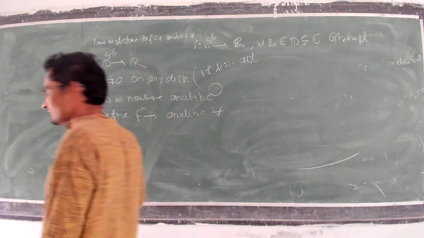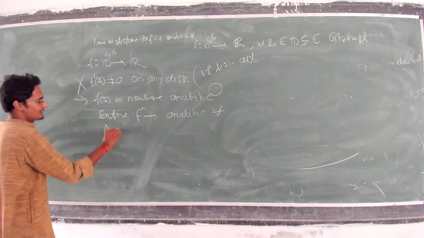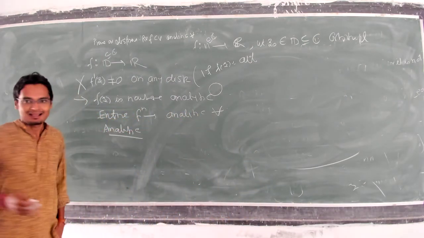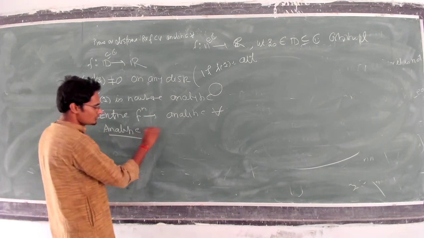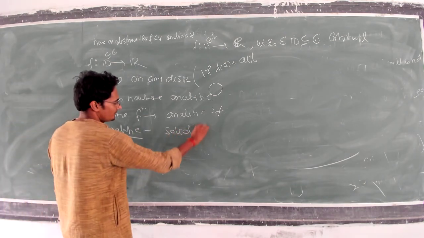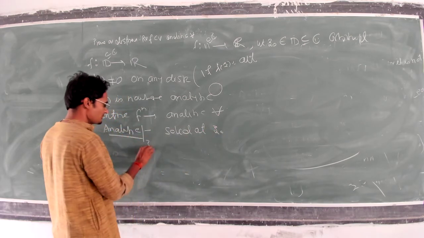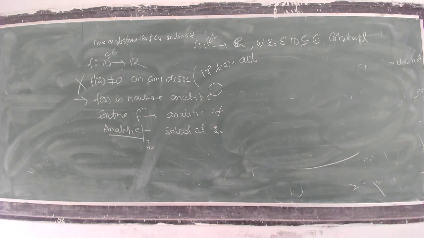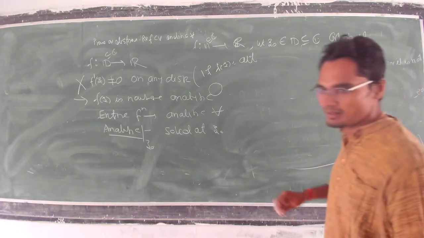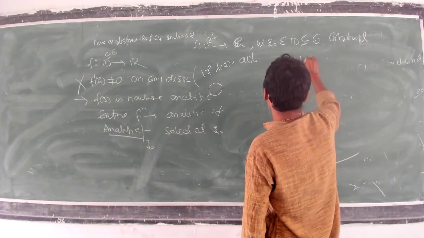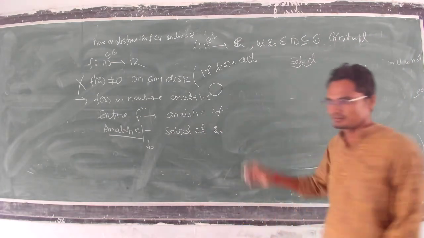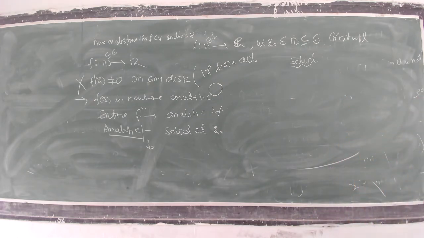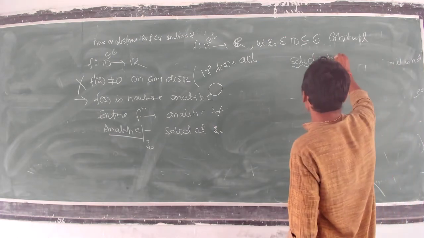So from today onward, whenever I say analytic function, analyticity means it is solid at z0. It is alright to everyone? Analyticity means it is solid. Okay. So now we are at some particular height, we are at solid. Alright. So if you have seen solid, or a very simple example, let us replace it with your teeth.